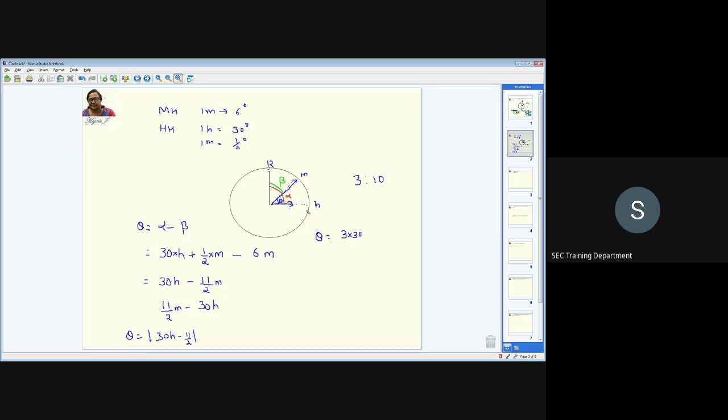You know that the hour hand will move half a degree per minute. So 10 minutes means it is further going to move by 10 minutes, and for every 1 minute it is half a degree, so 10 by 2. Is it clear? And then subtract. You have to now take the minute hand value. It is going to move by 10 minutes, and for every 1 minute it moves 6 degrees. So it's going to be 6 into 10. Is this clear compared to the earlier one? I mean, this part, is it clear now?